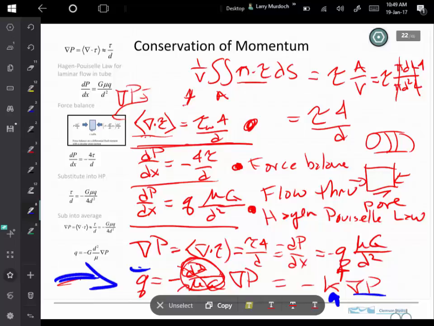Okay, so a lot of times what we do is we just kind of pull Darcy's law as if it's just an empirical law or just something that we're starting with. I think it's useful to recognize though that, within a general framework of always starting with conservation principles, you can get Darcy's law. It's basically an expression of the conservation of momentum